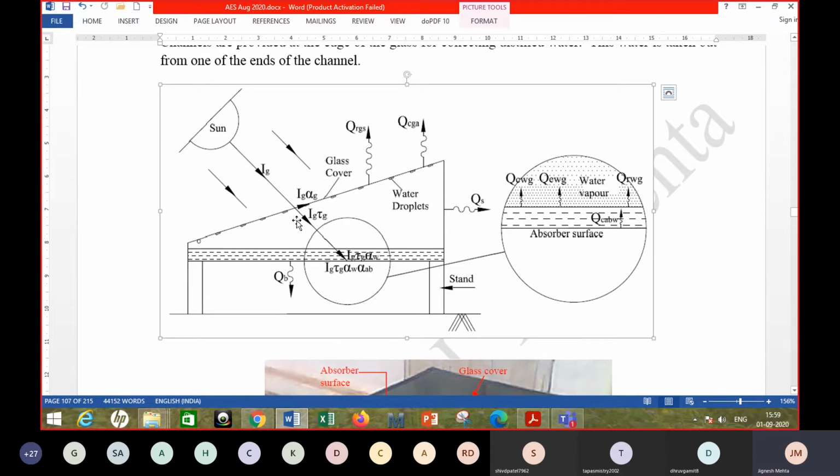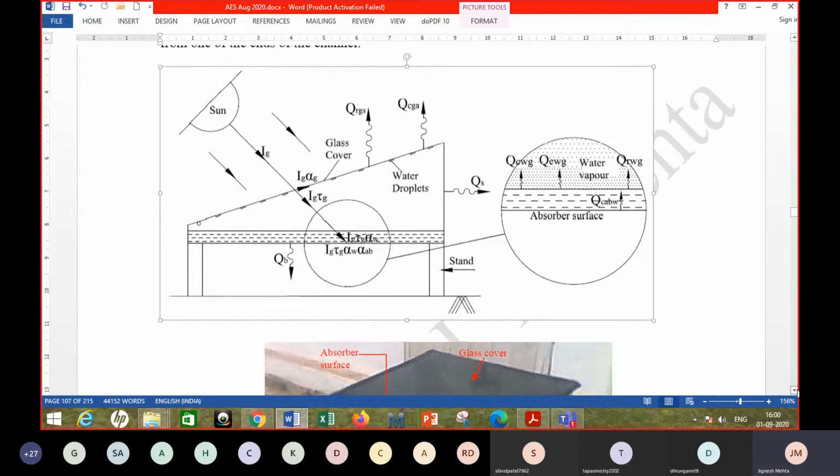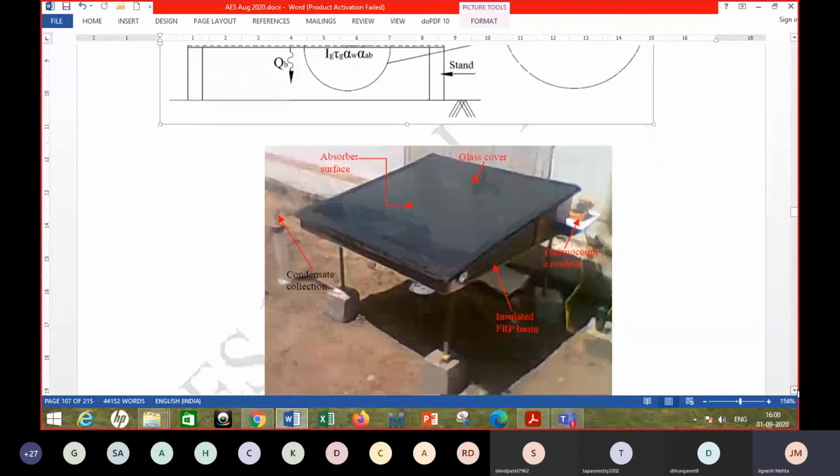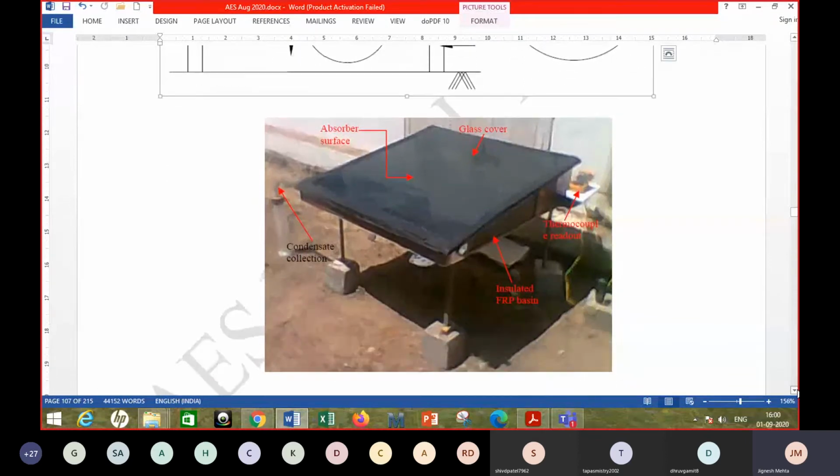Rather than converting it into useful heat of this evaporation, you are losing it directly to the atmosphere, which is not desirable. So it should be made from not so good conductive material and thicker material, or let's say you may make it from metal, then it is advisable that you insulate it. Okay. So here, if it is made up of FRP, which is not a very good conductor and somewhat thicker, then generally what you will do is, in case of the metal,